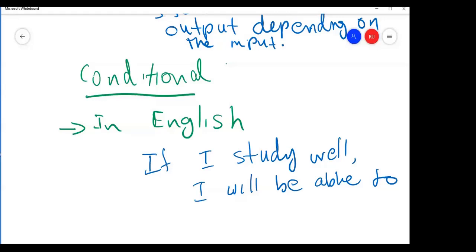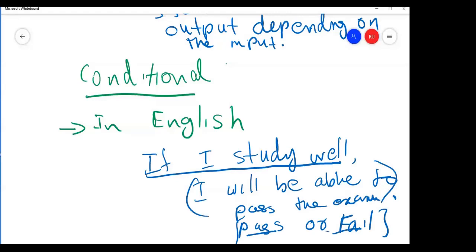The output can be pass or fail, and pass or fail depends on this condition. If you study well, you will be able to pass the exam. If you don't study well, you will fail. That is the meaning.